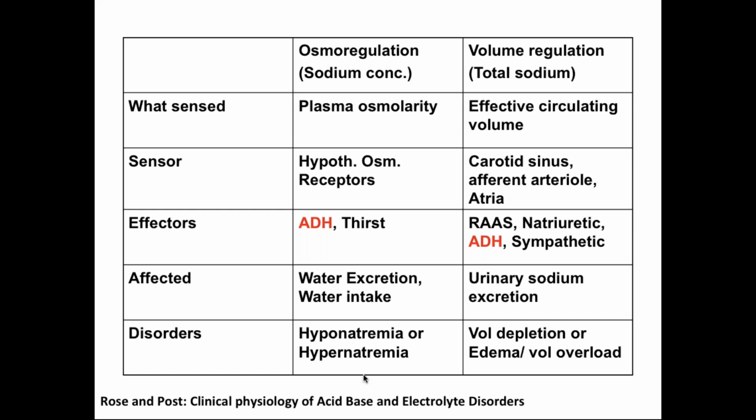Patients can have any combination. So you can have hyponatremia with volume depletion, hyponatremia with edema, hypernatremia with volume depletion, and hypernatremia with edema. And so we should think of the problem separately and see if the solution is the same,